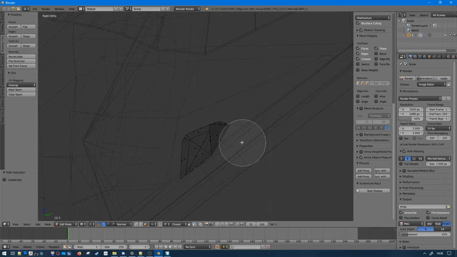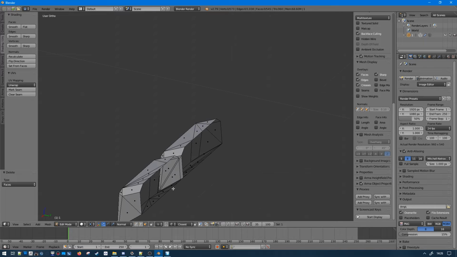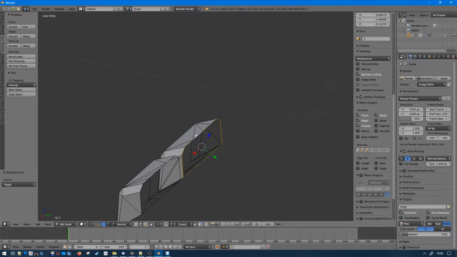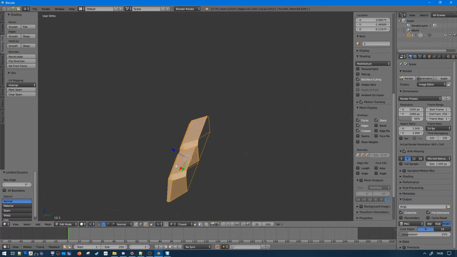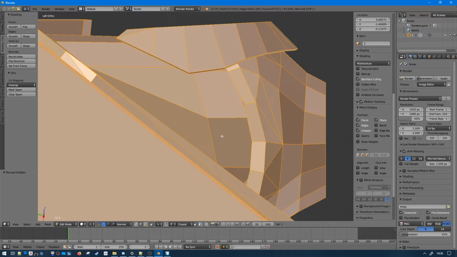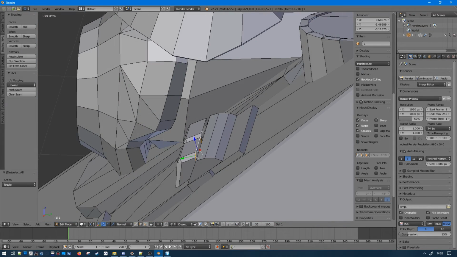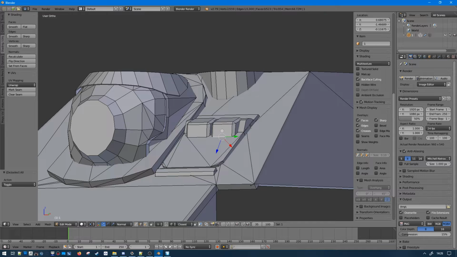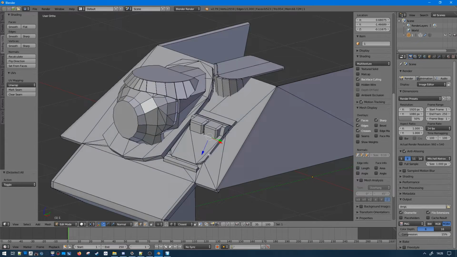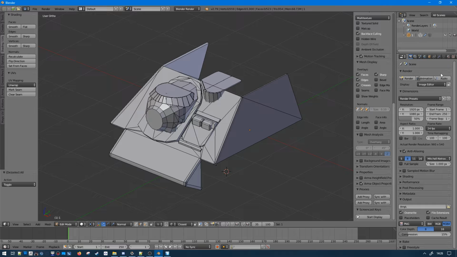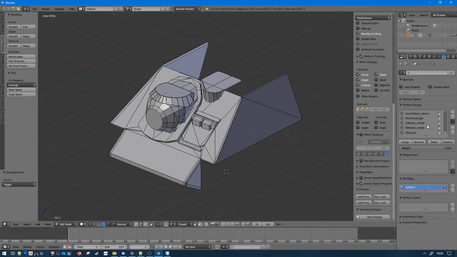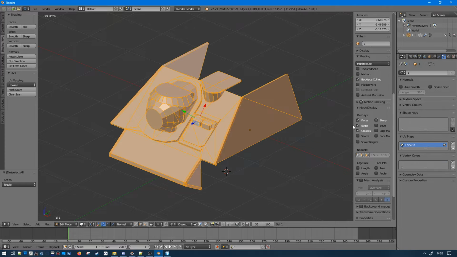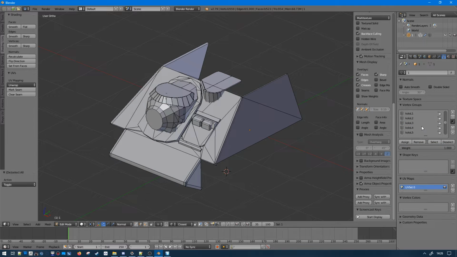It's quite easy. Let's just remove this extra part. Run limited dissolve and hide everything, and like that. The interesting part too in using the resolution load initially is that I don't have to bother with the vertex group as it's kept all the way.